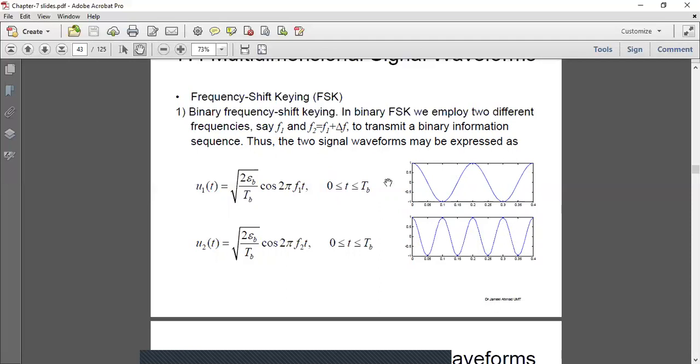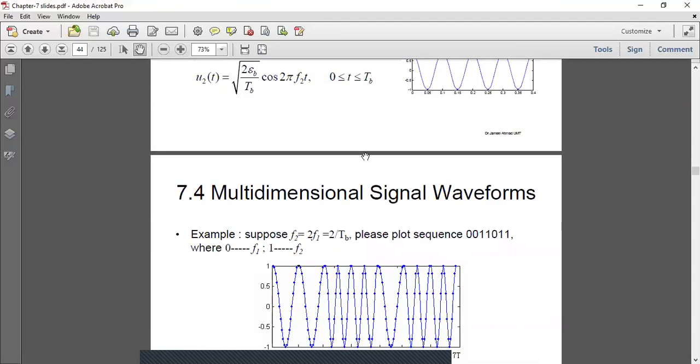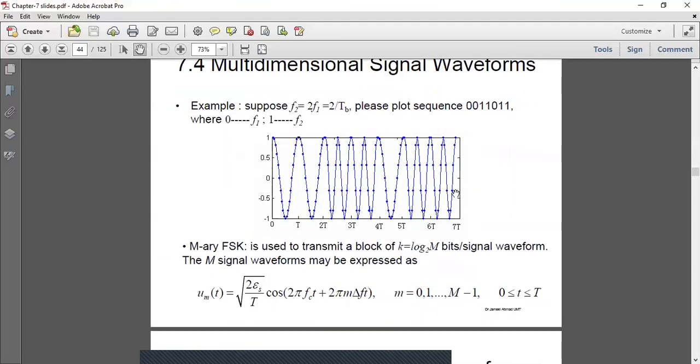Okay. So F1 and F2 are related by this expression, F1 plus some shift in the frequency. So let us take an example of frequency shift keying. Suppose F2 is 2 times F1. We have already decided that F1 will be transmitting 0 and F2 will be used to transmit 1. So if we want to transmit a sequence 0, 0, 1, 1, 0, 1, 1, we have for this